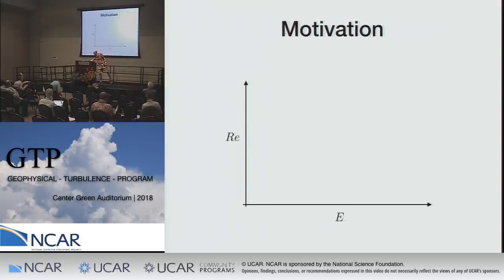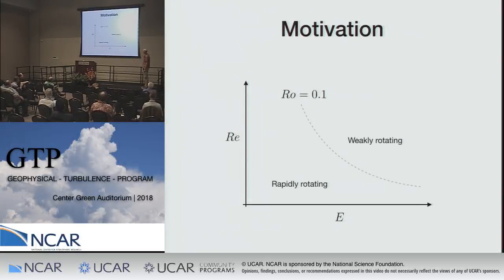I can plot a line of constant Rossby number, arbitrarily chosen to be 0.1. Below this line is what we can call the rapidly rotating regime. It's low Ekman number. Above this, we could call a weakly rotating regime, provided the Rossby number is not too